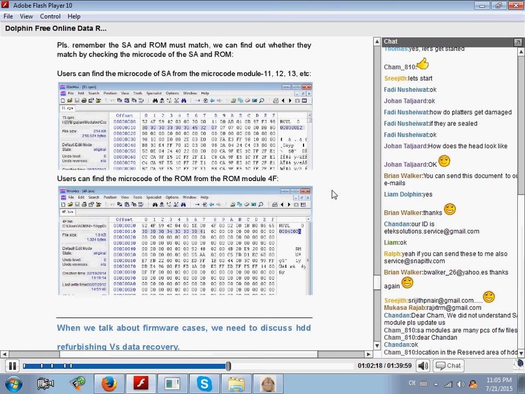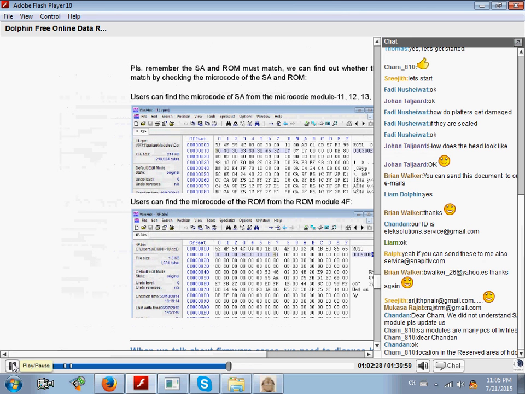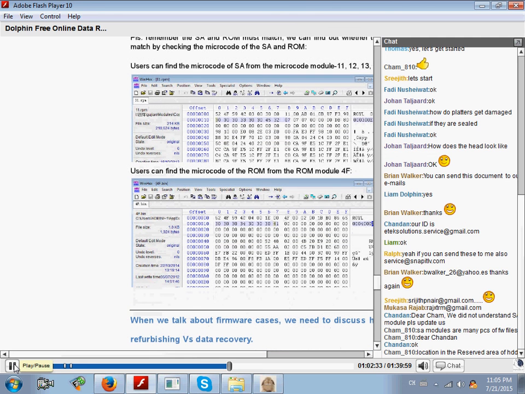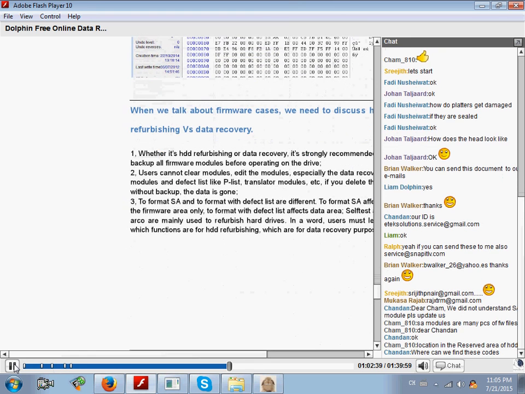Only if they match does the hard drive work properly. So please remember, the SA and ROM must match. So when we talk about firmware cases,